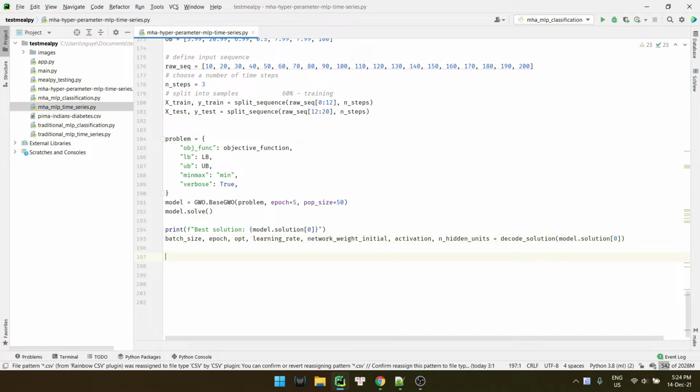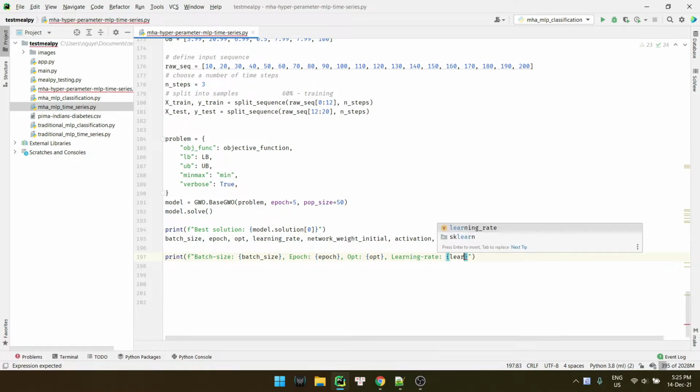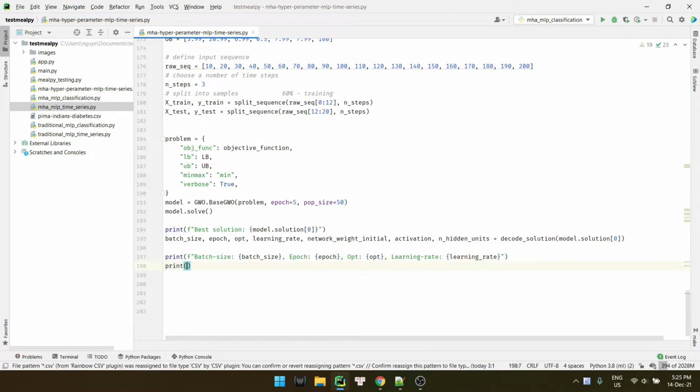Okay, so now you can print batch size equals, should be of learning rate, this should be learning rate, and another one.